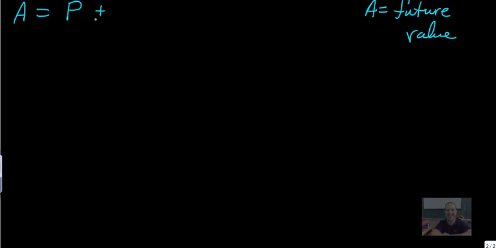Anyways, the formula here is A. Now, what's A? A is future value. A is future value of your investment, or the future amount of money that you end up having to pay for the whole loan. So in this case, it's the future value of the investment. And how you get that is you say, okay, I have the principal. That's the money that I put in at the beginning. And I'm going to add the total amount of money that I get from the interest, which is the principal amount times the